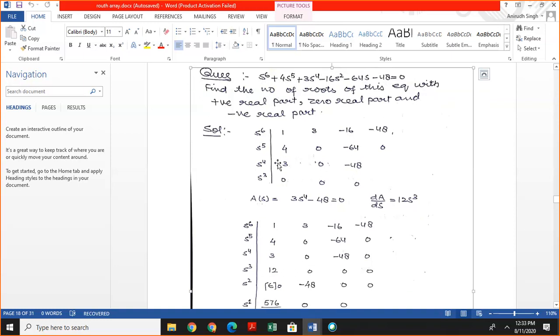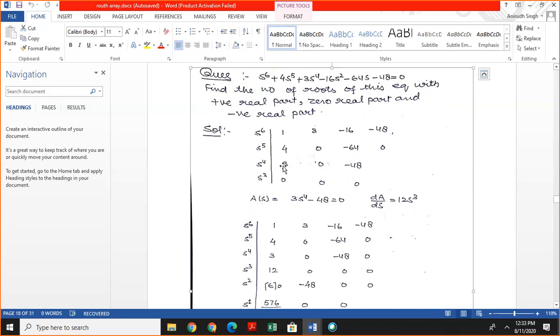Coefficient of s raised to power 4 is 4 multiplied by 3 minus 1 multiplied by 0 divided by 4 is 3, and next is 4 multiplied by minus 16 minus 1 multiplied by 64, we get 0, and similarly we get minus 84. 4 multiplied by minus 48 minus 1 multiplied by 0 divided by 4 is minus 48,